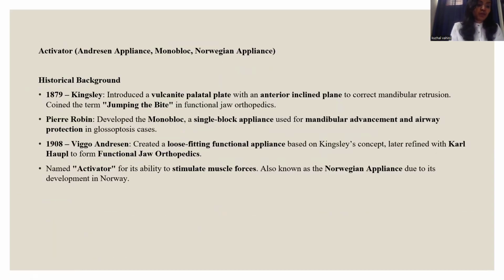Then we have the activator, which is a monoblock appliance. It's also called the Norwegian appliance. Briefing its history, as told earlier, in 1879 Kingsley came forward with the vulcanite palatal plate, and then Pierre Robin developed the monoblock appliance, which is a single block appliance. It's used for mandibular advancement and airway protection in glossoptosis cases. Then in 1908, Viggo Andresen created the loose-fitting functional appliance. It was further modified by Karl Häupl to form functional jaw orthopedics. They named it activator for its ability to stimulate muscle forces, also known as the Norwegian appliance due to its